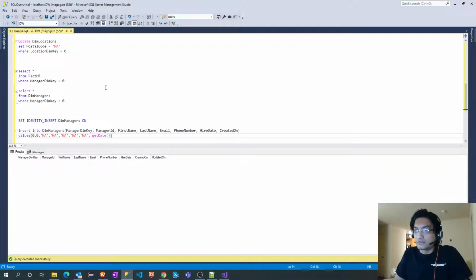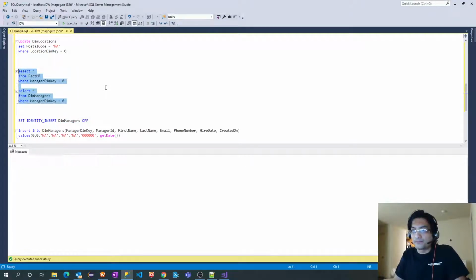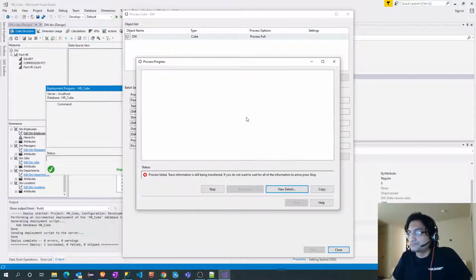Okay, so team managers 0, 0, first name NA, last name NA, email NA, phone number NA, hire date, let's say 0000. Let's check anything. Okay, and let's add it. I will change it to off. Okay, now let's see. Close, reprocess.